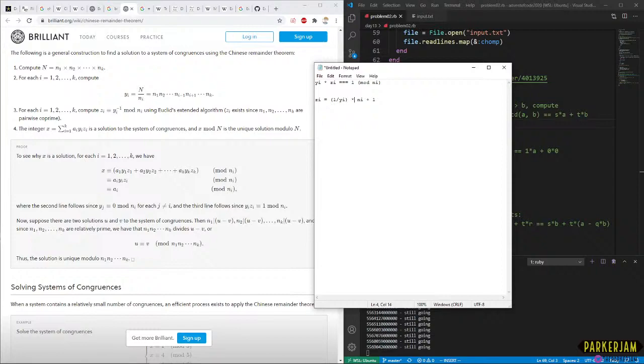Wait, no, I'm screwing this up. This is not correct at all. Wait, no, that. Roll up a little bit.